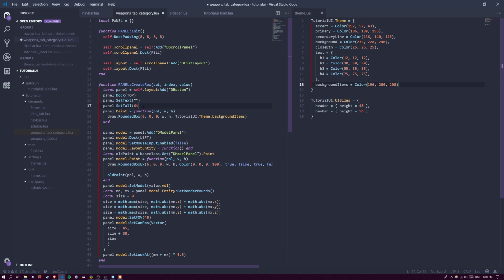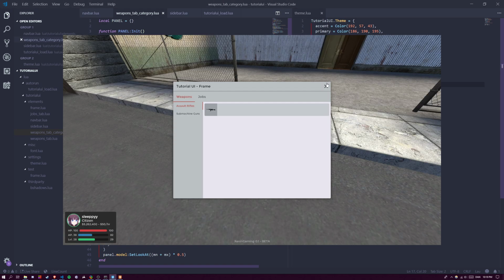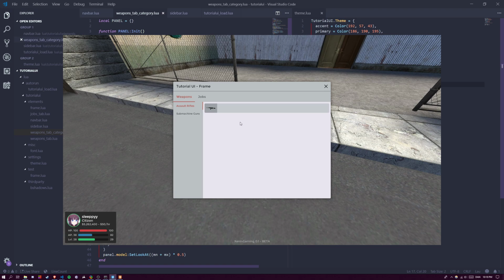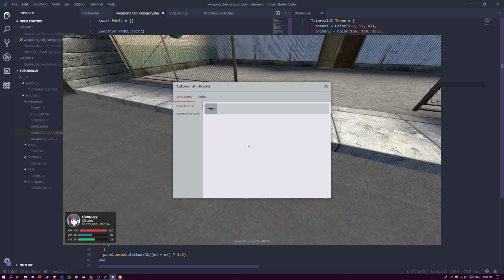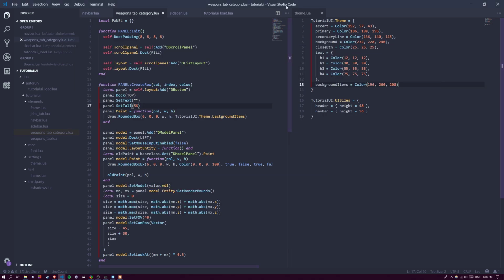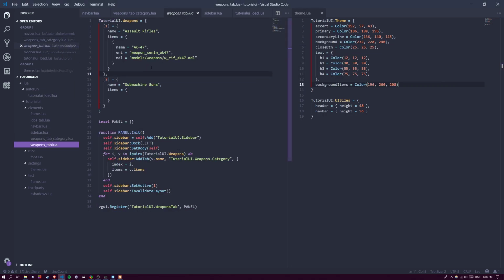Maybe it would look better like this. You can always see. That actually does look better in my opinion. So yeah. Now we have rows, and if I were to change the config we have in here for now by adding another item,